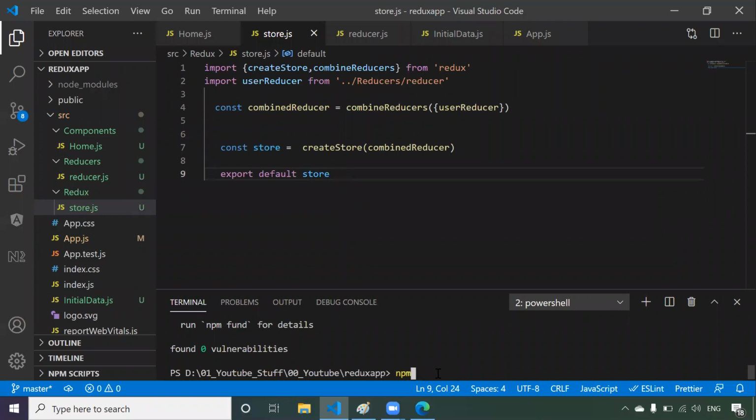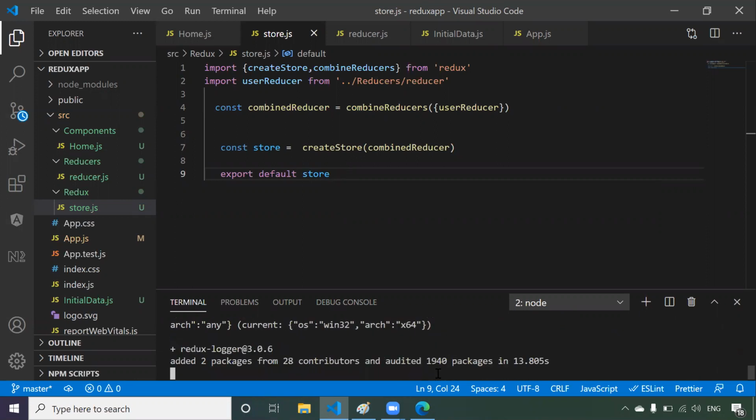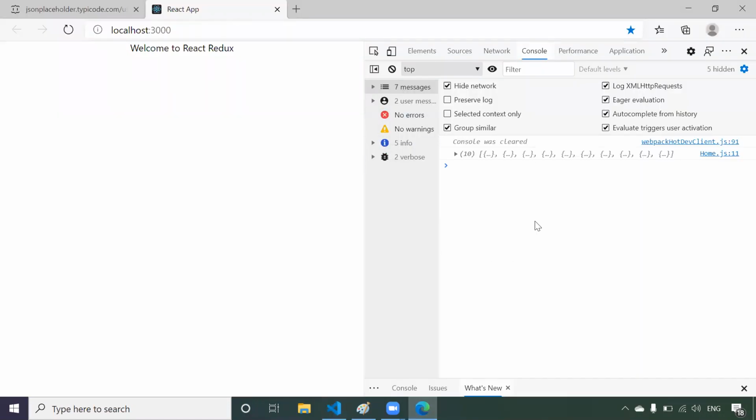So we have to say npm install redux-logger. Why didn't I install all the libraries at one time? Because you have to understand why each particular library is important. Whenever we come across some problem, only then do we know that this problem occurred and to solve it we have to go with this library. What is the problem? We have stored the data in Redux, but we are not able to see whether the data is stored in Redux or not. If we want to see the state of Redux, we have a library called Redux Logger. So we just have to install Redux Logger.